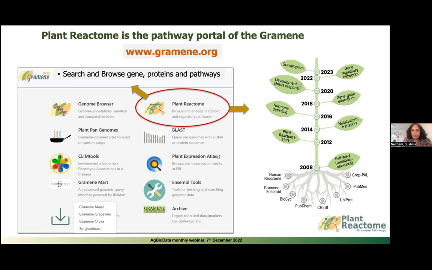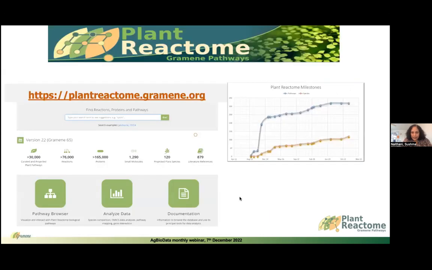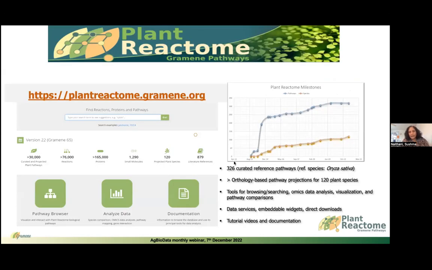So you can go to the plant reactome website also and access plant reactome. And here is the web address for plant reactome. Currently we curate in rice, but based on orthology projections, we are able to project the pathways for 120 species, ranging from unicellular cyanobacteria to higher plants, monocots, dicots, and you can find species of your interest in this